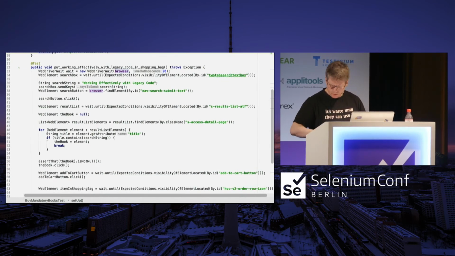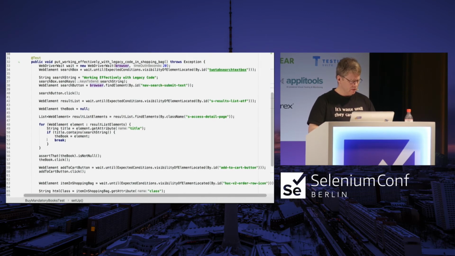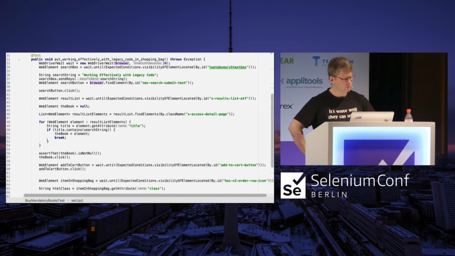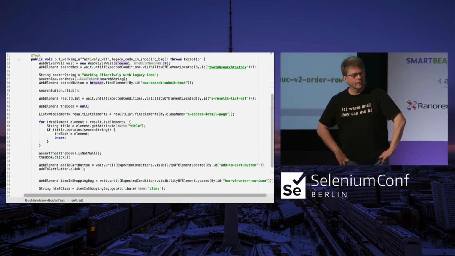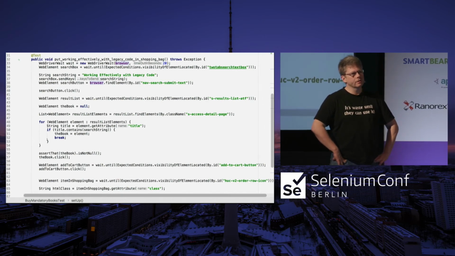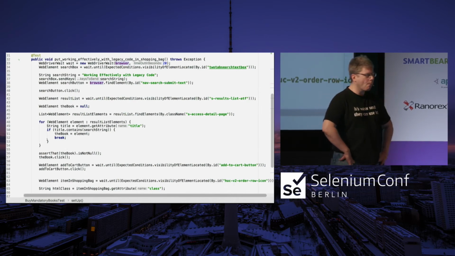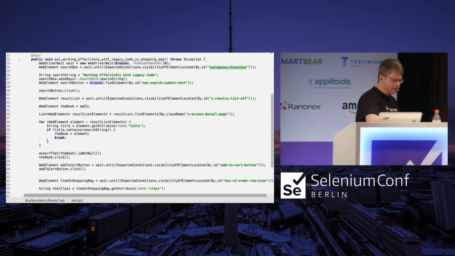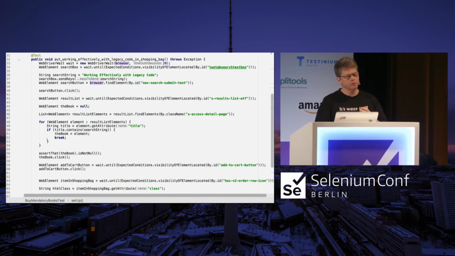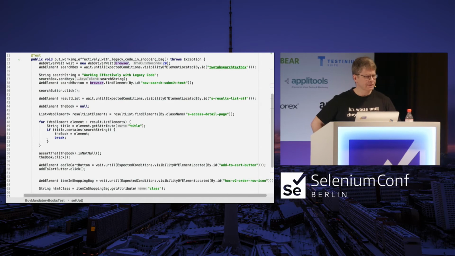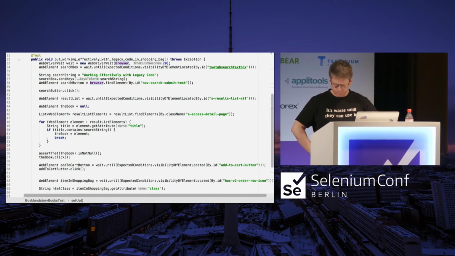I'm going to skip one example here. One thing that we can see, and which annoys me, is that we're mixing two things here. What are we mixing? We're mixing verification with navigation. And that's a very typical beginner's mistake. I would like to change that. I can't do it in one move because it's too much, but if I'm thinking of it, then I might be able to do something.